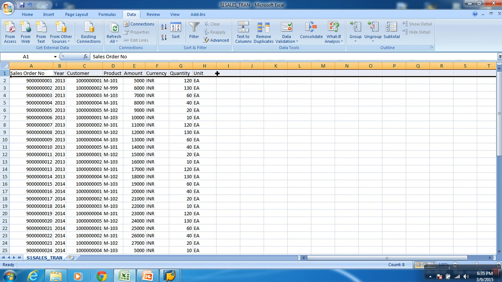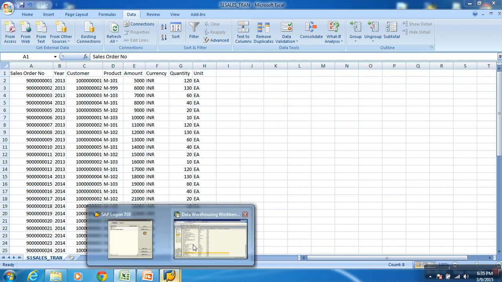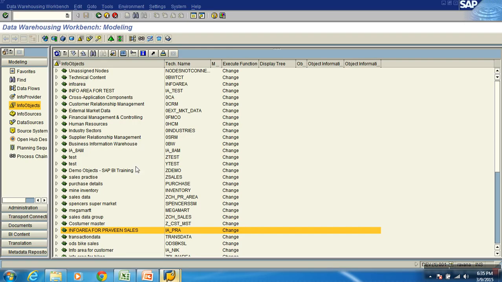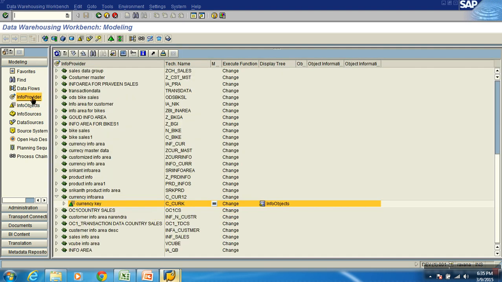Okay. So how do I start doing this? Let's say I'm implementing this for some client. Let's say my client name is Callisto Pharma. So what I would do is I'll start. You can get in administrative workbench, modeling or infoobjects. These are menus. Depending on the menu, your right screen would change. So first I'm trying to create an info area, just to organize. Right click on the provider, say create info area.